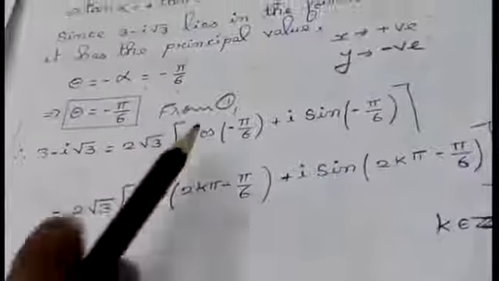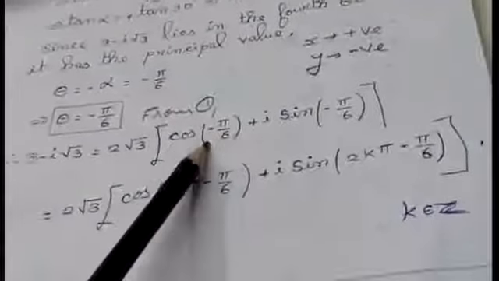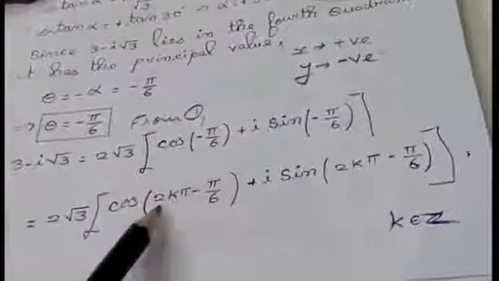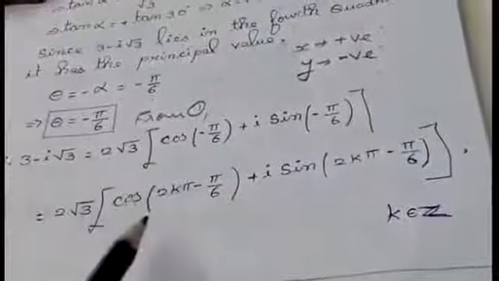For your understanding, I am writing like this, students. That is from 1. I am just replacing the value. 3 minus i root 3 is equal to r cos theta. Instead of r and theta, I am replacing the value. But that is not a final answer. To get the required polar form, you must add 2k pi in the angle. And that is completing the sum in the polar form.